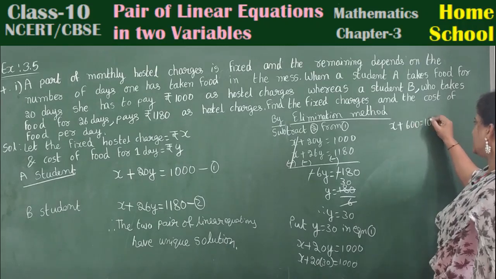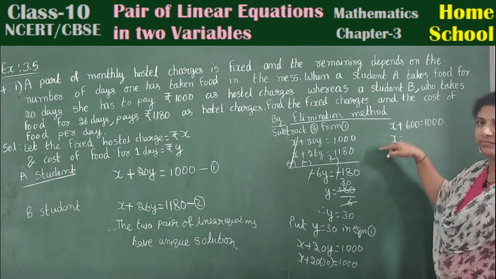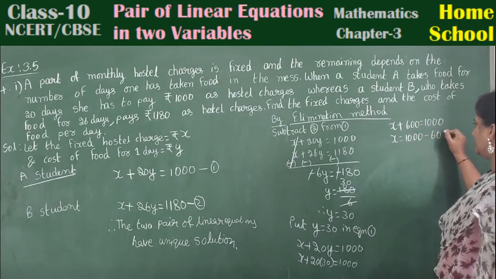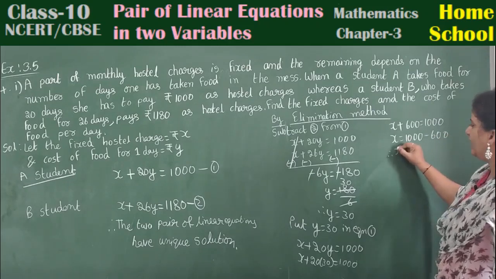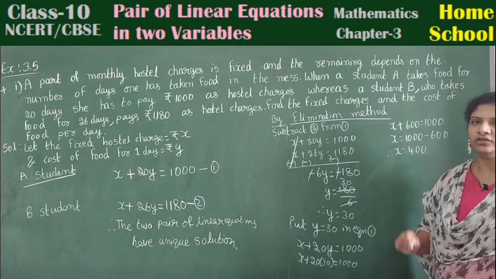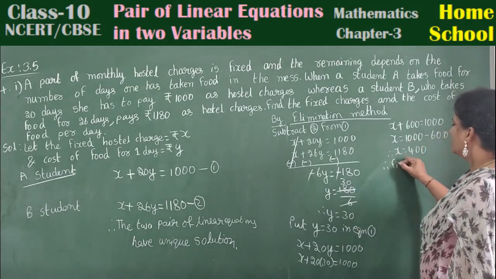600 is equal to 1000. 600 plus 600, bring this side, minus 600. Therefore, x is equal to 400 and y is equal to 30. What is this, children? Therefore, fixed